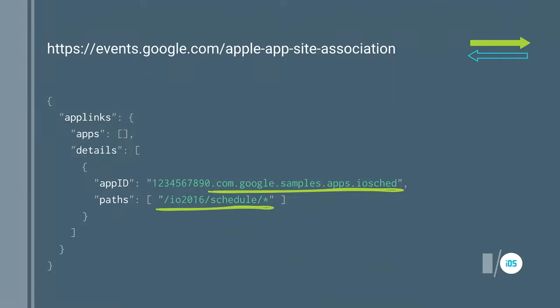And you'll note an interesting difference here, actually, between the iOS and the Android system. With iOS, the path prefix that defines what exact set of URLs the app can actually handle is defined in the server-side configuration file, while with Android, this is part of the app itself, in the intent filter.